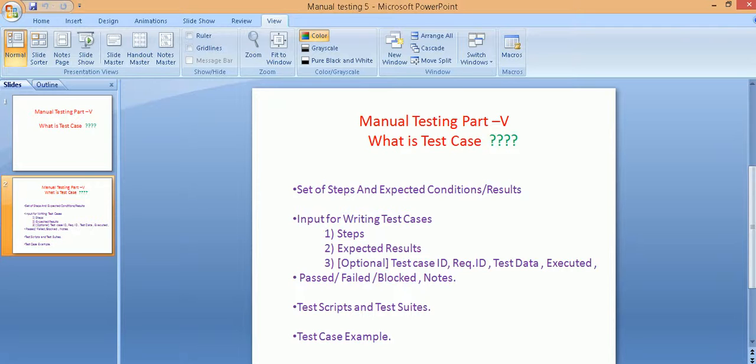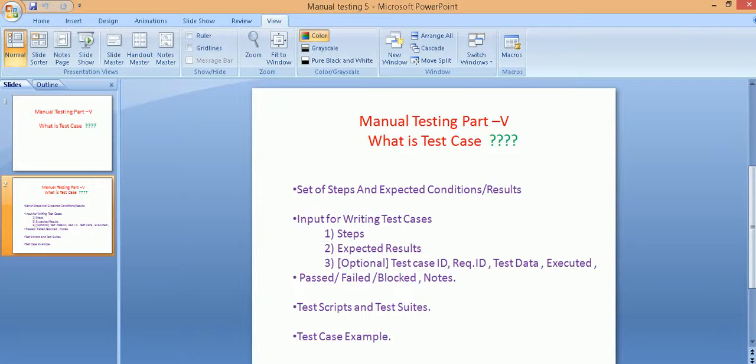Many a time the test case format is very simple. All you have is the steps and the expected results. There is a relationship between the steps and the expected result. Next to every step, you can put 0, 1, or multiple expected results, that is, no expected result, a single expected result, or multiple expected results.